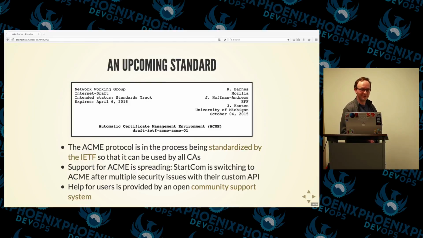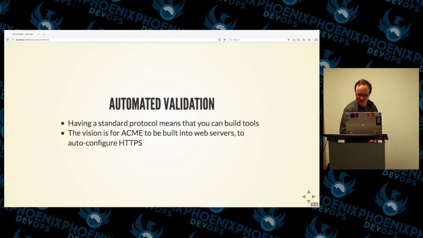It's easy to implement. It's been looked at a lot more than the various ways that have been abused by bad guys at other certificate authorities. And actually, StartCom, whom you may have heard of, was the first free certificate authority, giving out free certs a couple years before Let's Encrypt was doing so. StartCom has announced that they're going to switch to using the Acme protocol themselves. So it's, we think, got legs to go and help you automate your life.